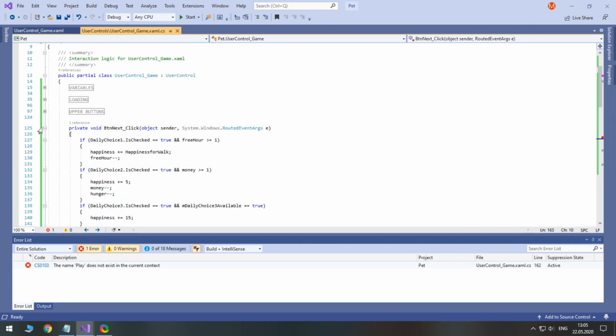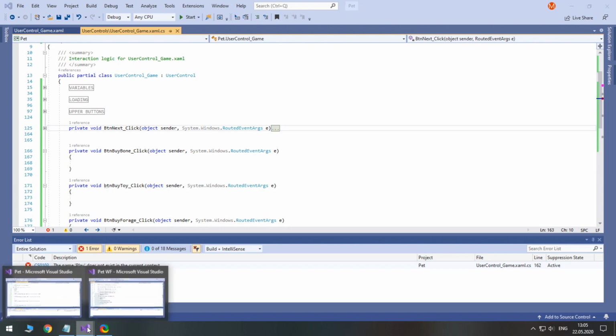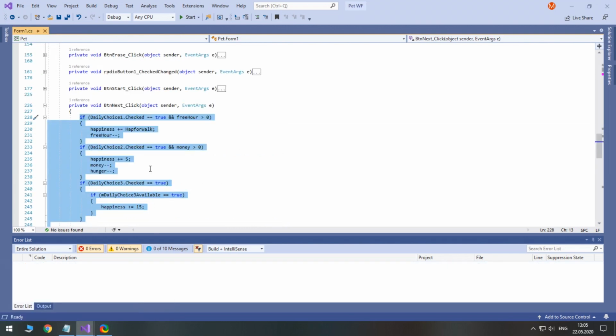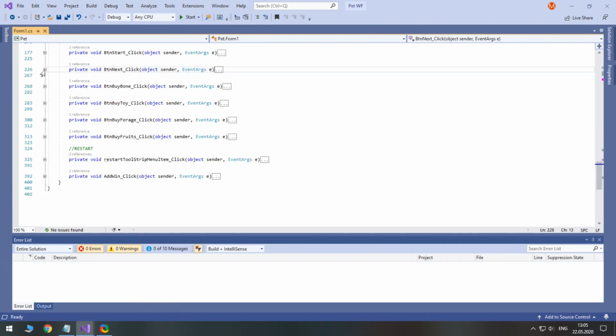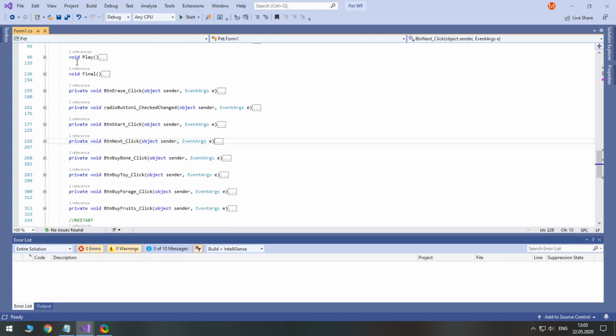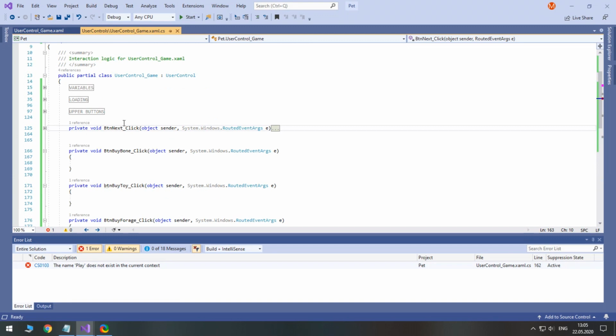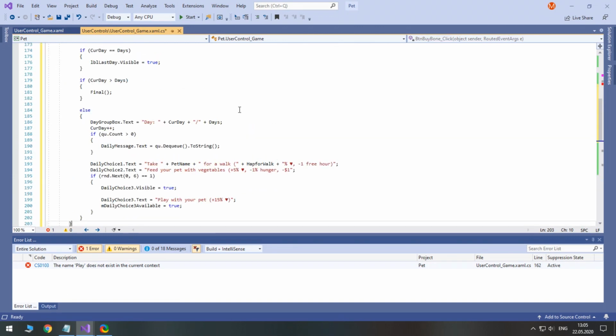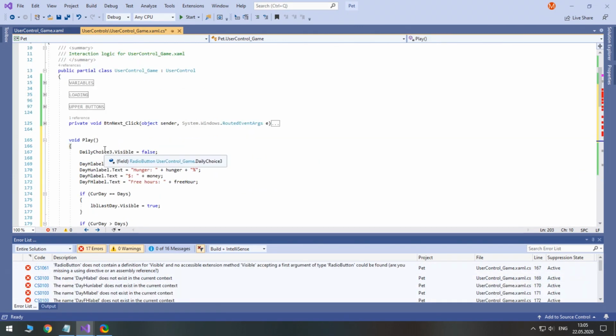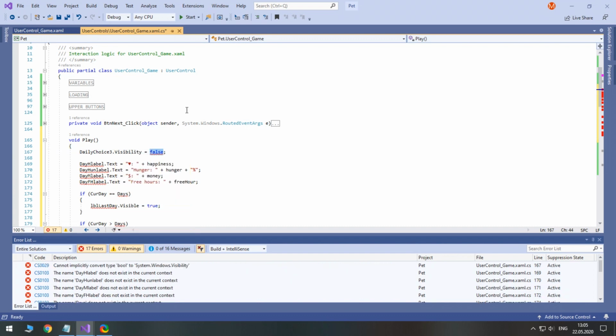Now that we are done with the click event, let's copy the play method it references. Don't forget, in WPF there is no visible property. In Windows Forms, visible is a boolean, while in WPF, visibility is an enumerator.